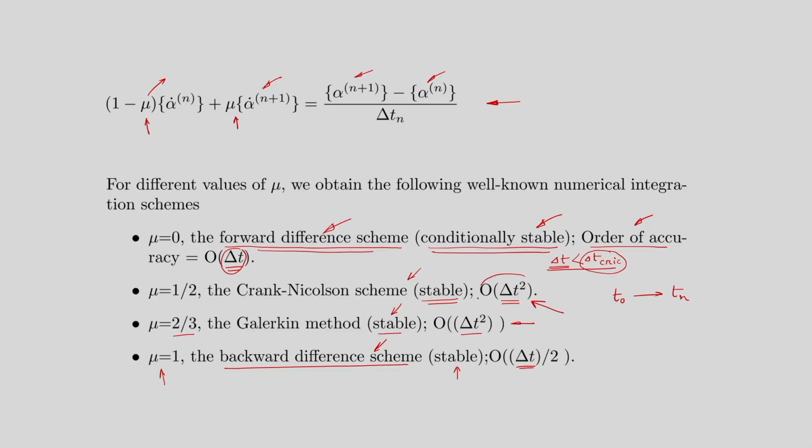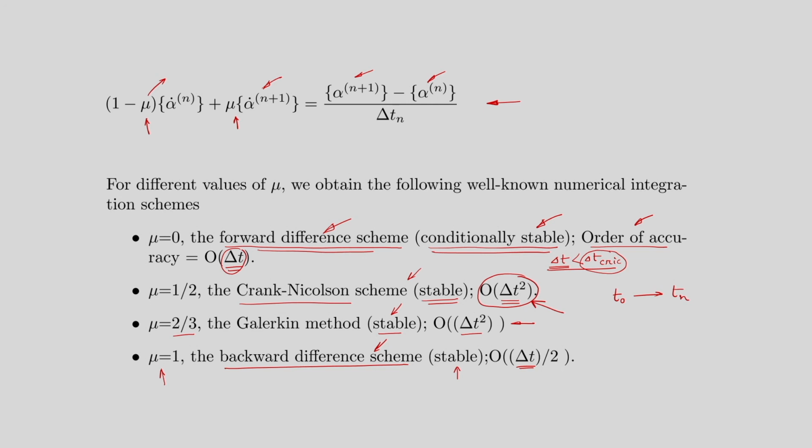So, in that case your order of accuracy will be in the range of 10 to the minus 6 to 10 to the minus 12. Alright. So, your numerical scheme is stable and it is accurate of order of delta t square. So, generally we prefer Crank-Nicolson scheme. Alright. So, this is what is meant by consistency, accuracy and stability.